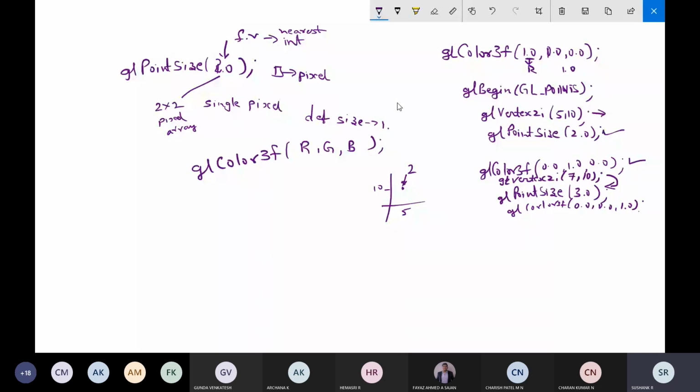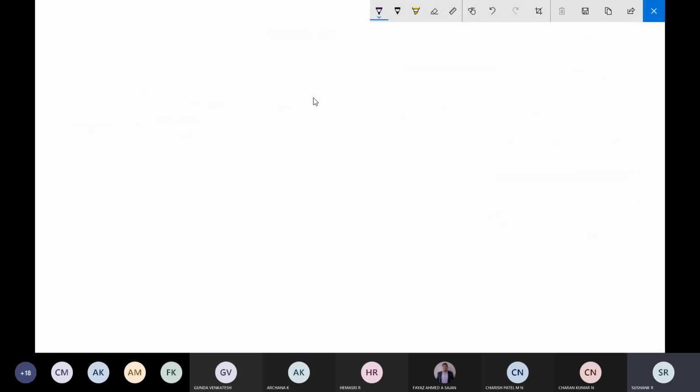If I write the entire code in one small block, I'll clear this so that it will be easy. Now I'll write glBegin and GL_POINTS. If I want to display anything, glEnd.